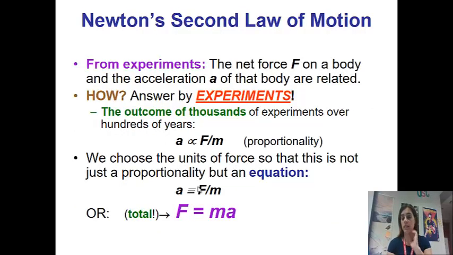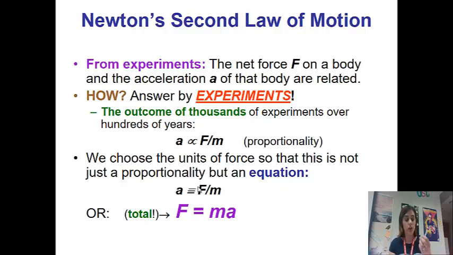And we also find that the acceleration and the mass are inversely proportional if you have a constant force. So ultimately that leads us to Newton's second law, that the net force on an object is equal to its